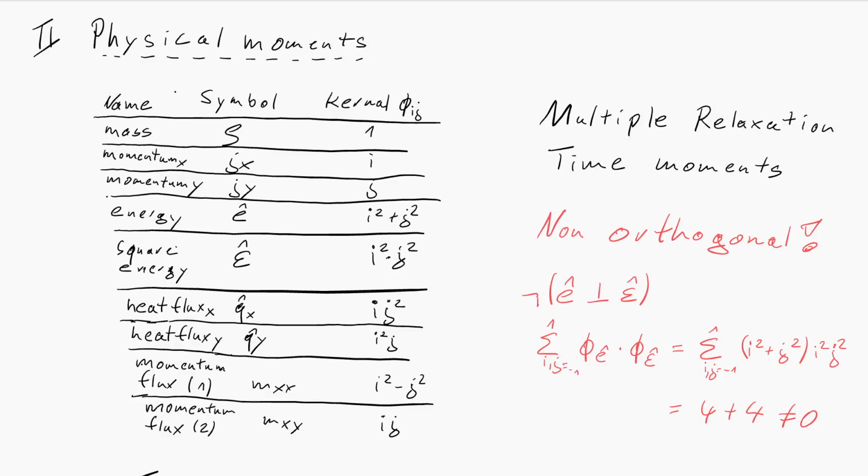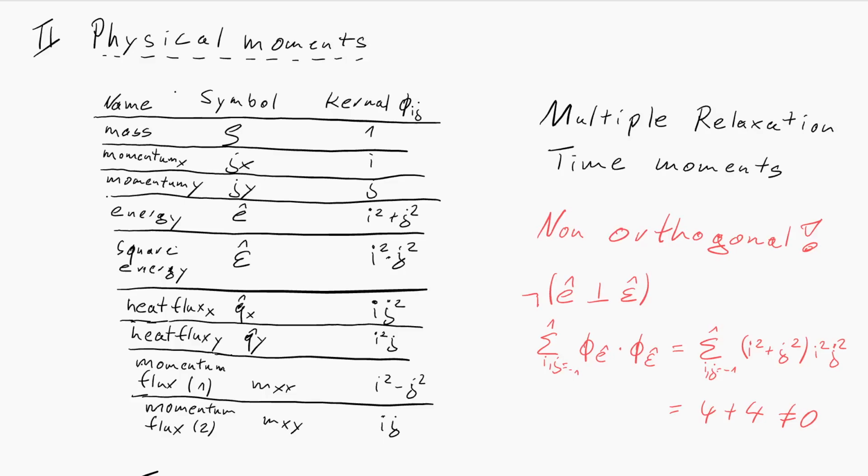And this has been done for the original lattice Boltzmann methods with the mass, momentum, J, Jx and Jy, and then energy, squared energy, epsilon, heat flux in X, heat flux in Y, momentum flux, and two cases of momentum flux. Okay, so these are the original moments of the multiple relaxation time method,